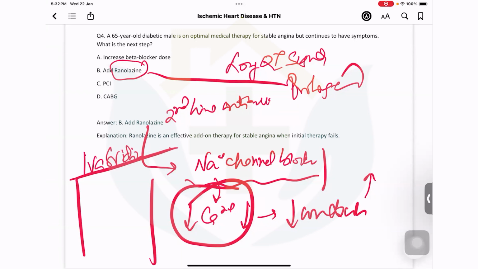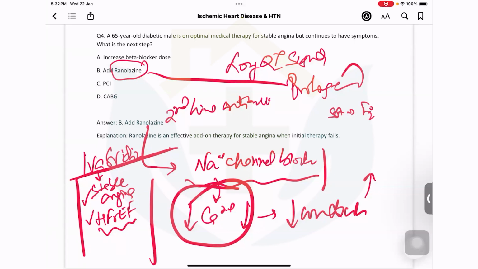So nowadays it is approved to be used in stable angina. Again, second line drug, stable angina, and in heart failure with reduced ejection fraction. This is very important. So there are certain currents in the SA node which are known as